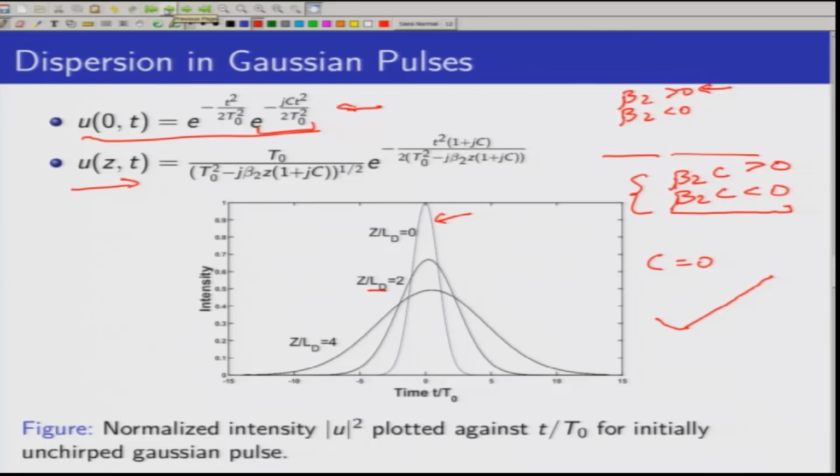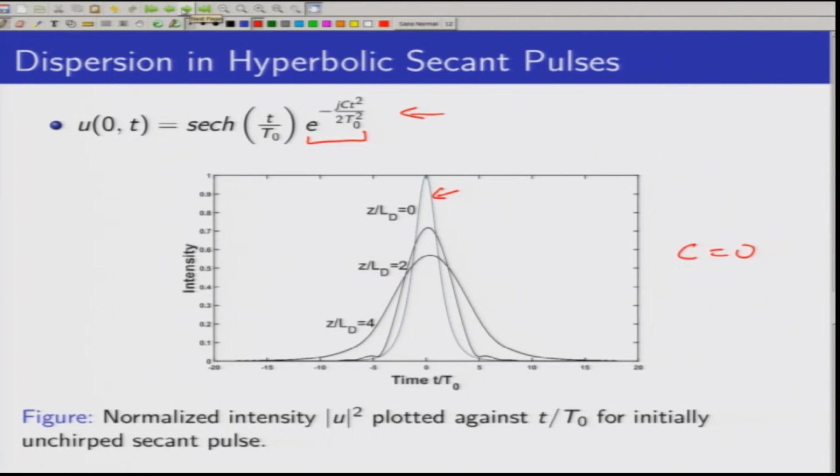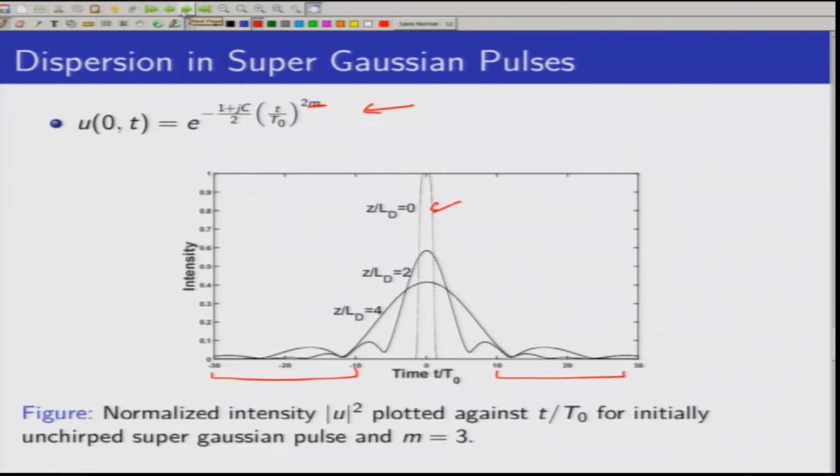As we see, Gaussian pulses have a significant amount of broadening, and for the much narrower hyperbolic secant pulses, along with broadening, there is also some distortion at the leading as well as the trailing edges of the pulses. The pulses maintain their symmetry here in the cases of beta 2, where beta 3 is not affecting the pulses and beta 2 is the dominant factor. As we moved along into the super Gaussian pulses, we see a much more significant amount of oscillatory behavior at the trailing and the leading edges of the pulses as they moved along the fiber.